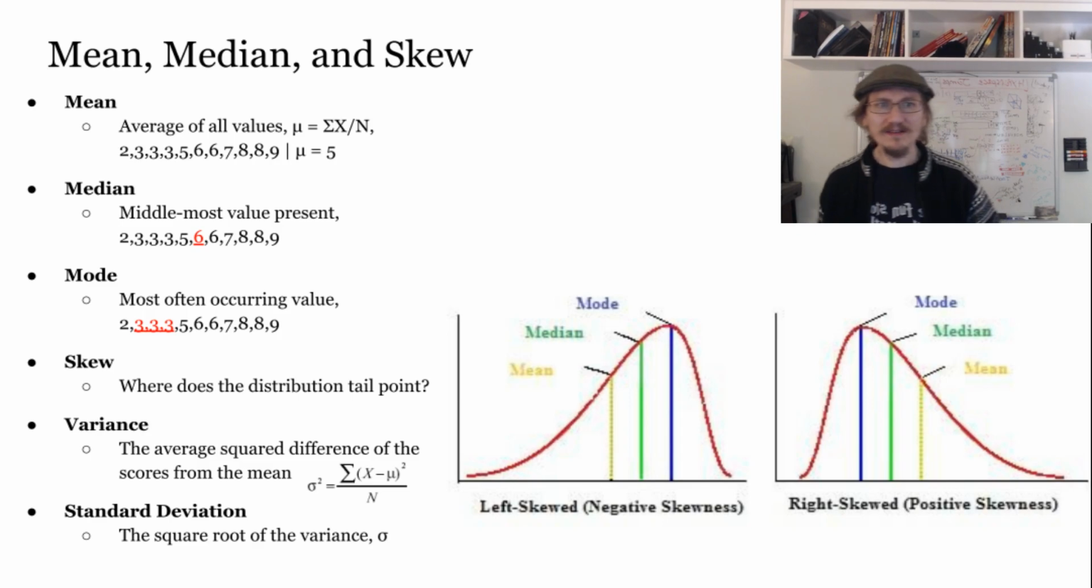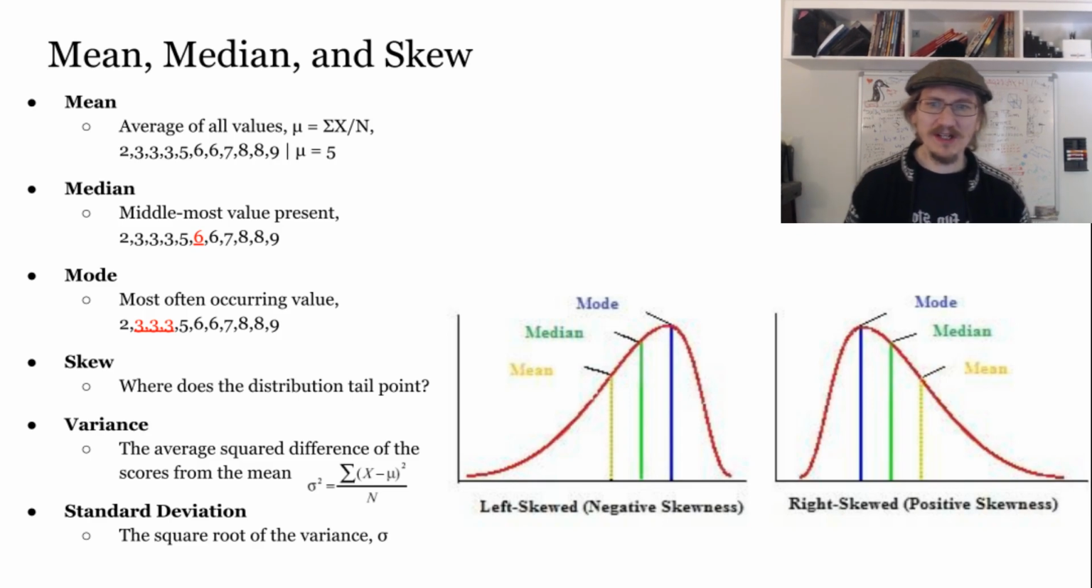So now, how does this all relate to skew? Well, skew is where the tail of the distribution points. Looking at the graph below me, you can see a left skewed graph and a right skewed graph. And people will think, when you're looking at these distributions, that where these elements are really located is where the mode is. That's where the most